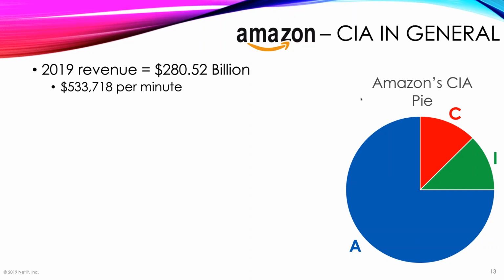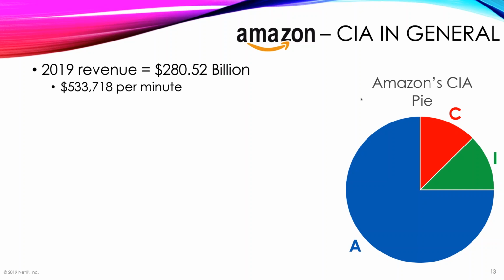But with all the pandemic and people staying home and not going to bricks and mortar stores, we just don't know what's going to happen with this. But 2019, Amazon's total revenue was 280.52 billion. Now that compares to 2018, 230 something billion. So it's been going up about that much every year. But that comes down to